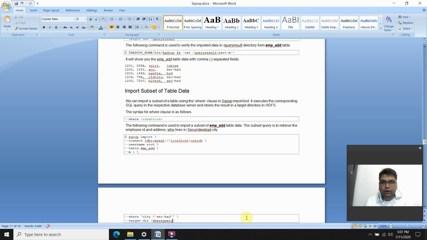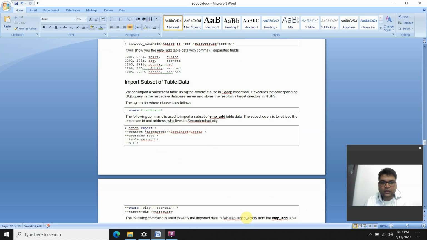If we are trying to import a subset of table data, what we can do is define our where condition, like any SQL command where we want to filter out the details. You have a select command, select * from employee where employee address is, let's